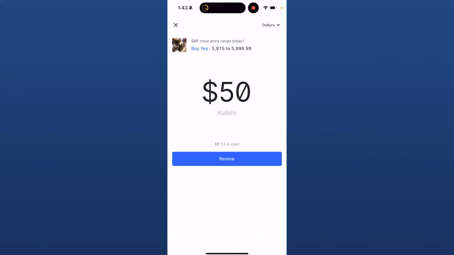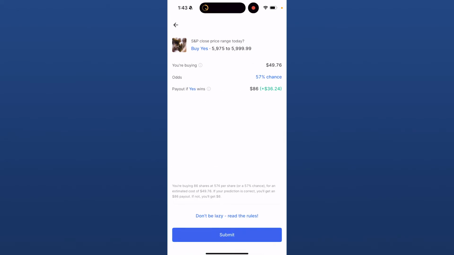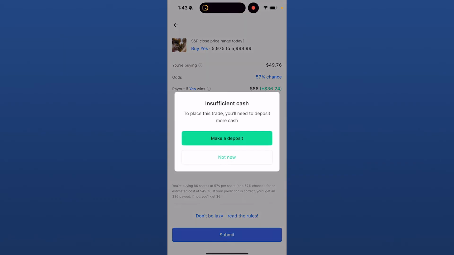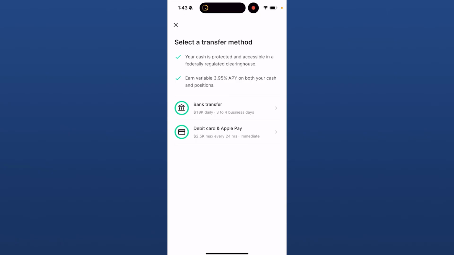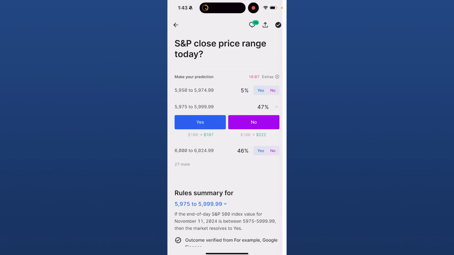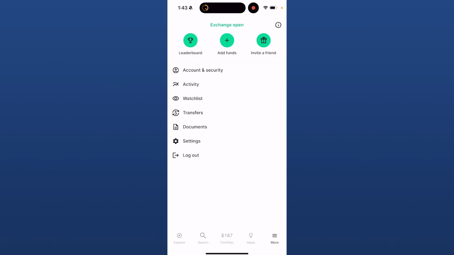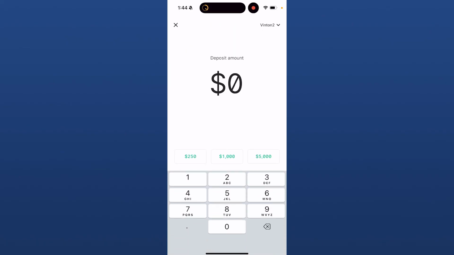You can put $50 or even more, and then you just click on submit, and it will actually make you make a deposit if you do not have enough cash in your app. So you just click on this, and you can simply connect your bank. I'm going to show you, going out of these settings, clicking on more, and then you can simply click on the option add funds in the top middle. And as you can see in the top right, you can simply click on your bank account's name, and yeah, use the Kalshi